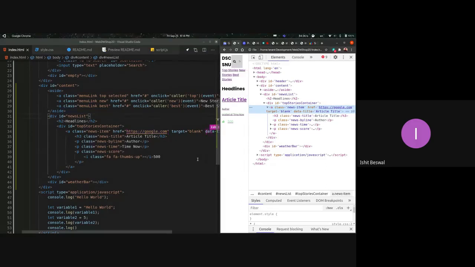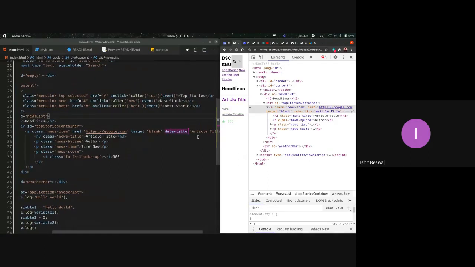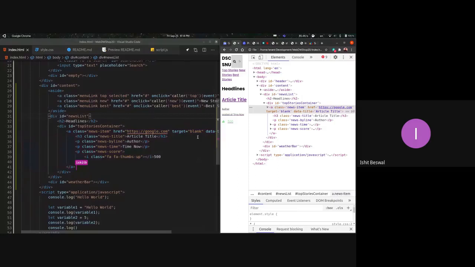And then there is an attribute called data title, which is basically a custom attribute you can add, and we've given it a name of article title. This isn't used for much, but we're going to be using this in JavaScript to identify a particular anchor tag for the article.